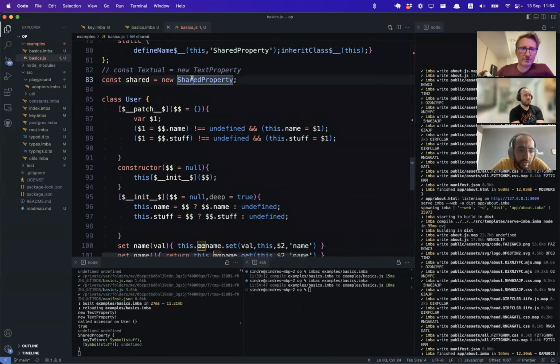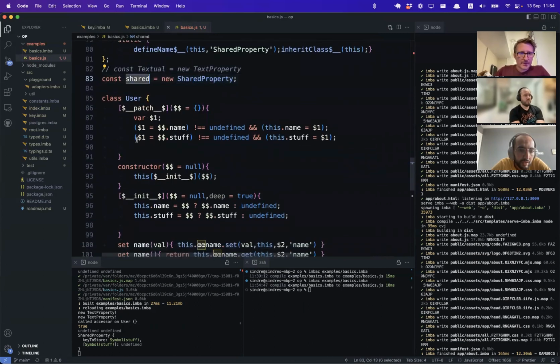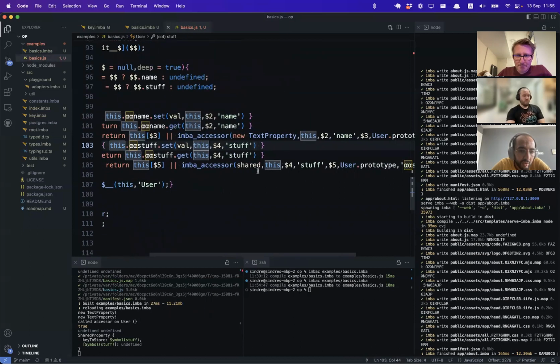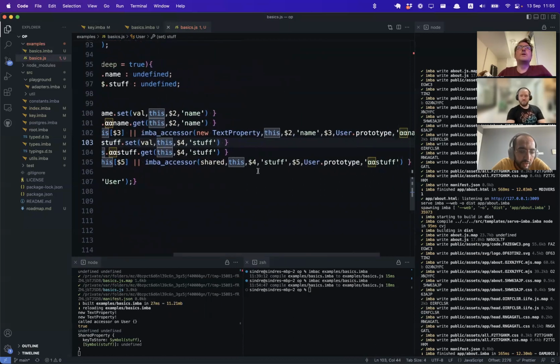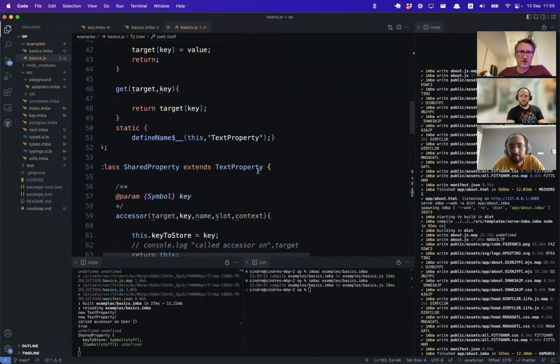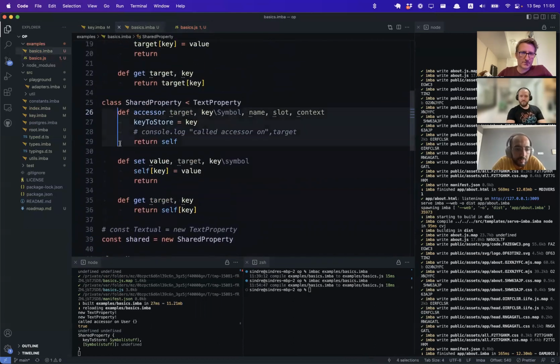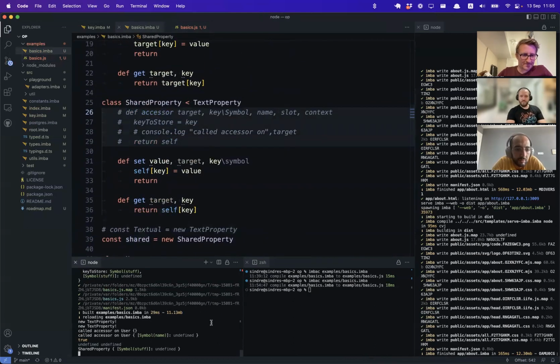We're creating a new shared property. In the set stuff, we call that stuff dot set with the value and target and the symbol. In the get, we do the same thing. We are always calling it with this Imba accessor. I'm just going to remove this just to see if